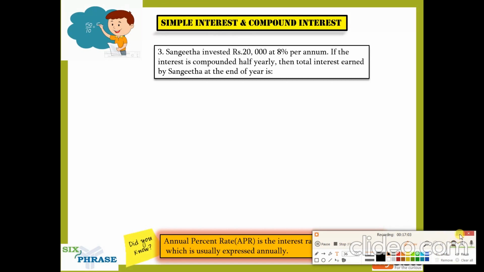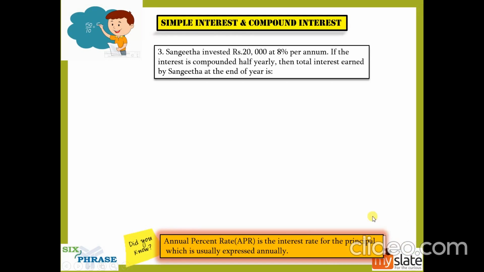Sangeeta invested rupees 20,000 at 8% per annum. If the interest is compounded half yearly, then total interest earned by Sangeeta at the end of the year. And now, while looking at this question, I get this thought, guys, that